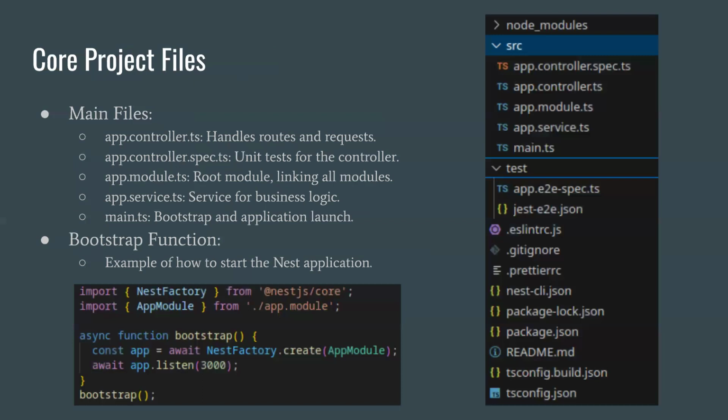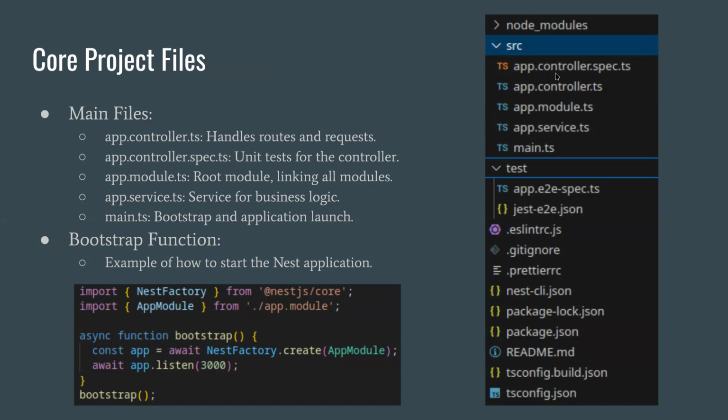In core project files, so in your project directory, you will find several core files. Let's briefly go through them. We will definitely dive into these more in a subsequent lecture. But for now, we'll just get an overview. So app.controller.ts, this is where you define routes and handle any incoming request. You'll see that there's